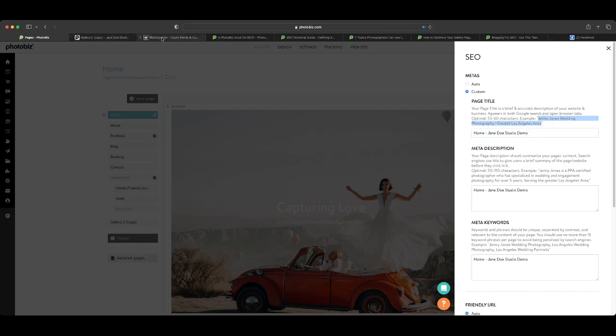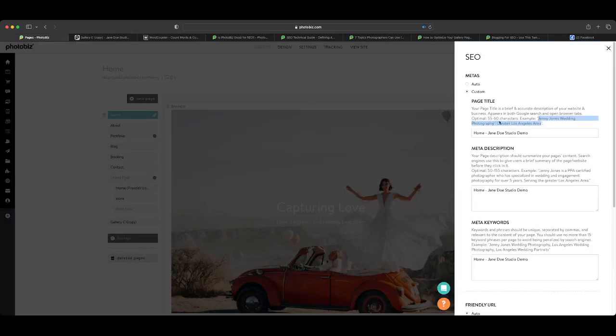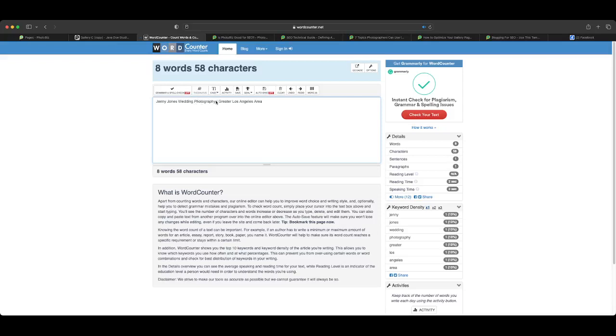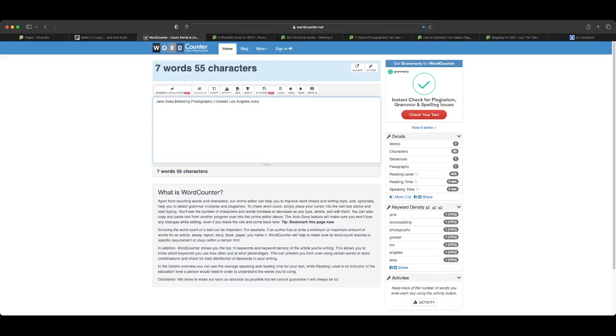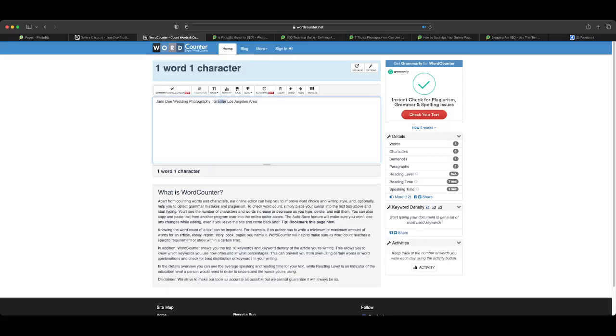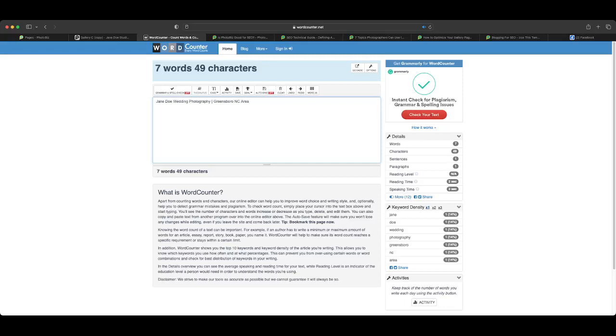Take it to our word counter, paste it in. You can see how many characters it is. This is 58, so it fits inside that realm of 60. So whatever your business name is, you can just really take this for now as the starting point. So I would take Jane Doe wedding photography. And there we go. And then change the location. Greensboro. And see, I can keep manipulating until I'm still within that score, right? So Greensboro, North Carolina,